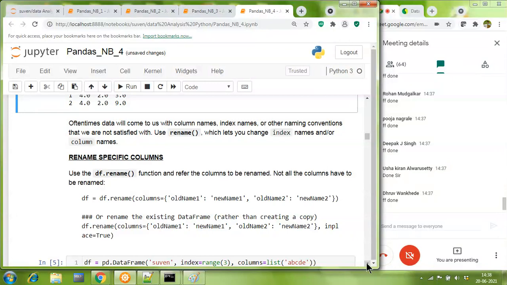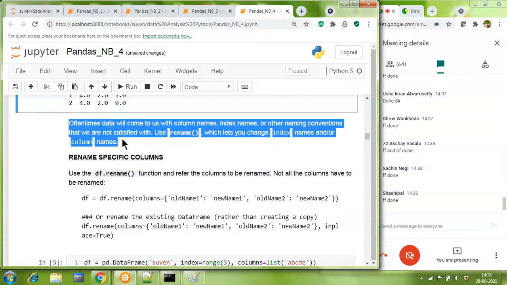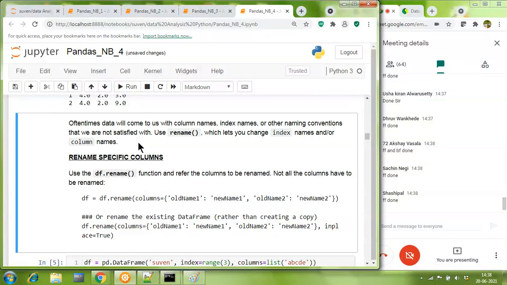Okay. So who would like to come to audio? All those people who have a very peaceful environment, with no surrounding noise coming in, who would like to come on audio and just help me read this short paragraph here? You are confident that your voice is clear and you have no background noise. Please tell me who would like to come forward.